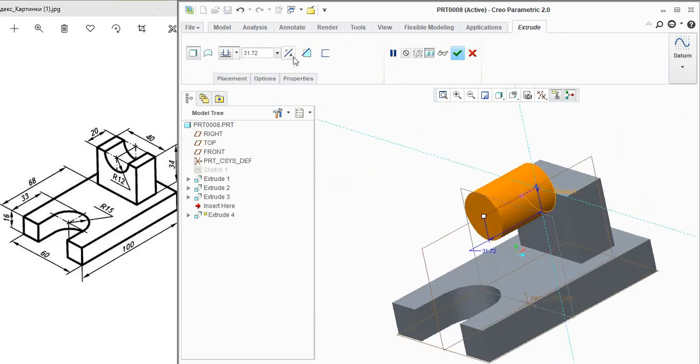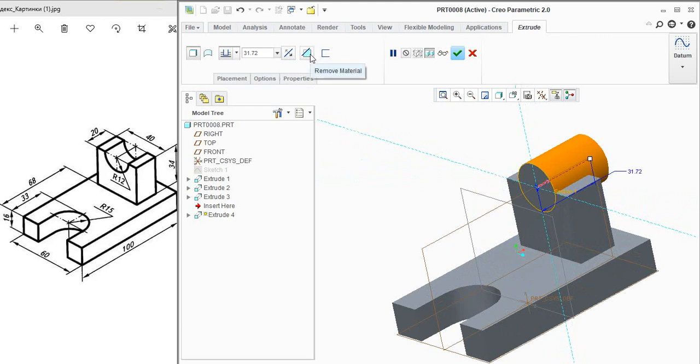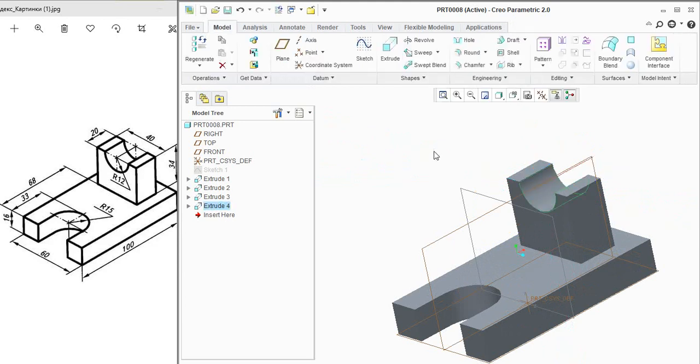We will flip the side of the extrude feature, select the remove material option, and then press OK.